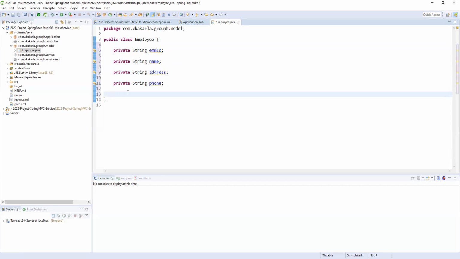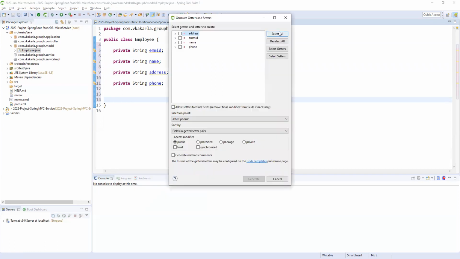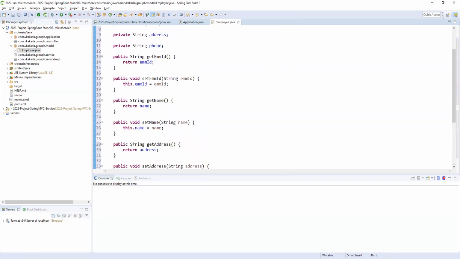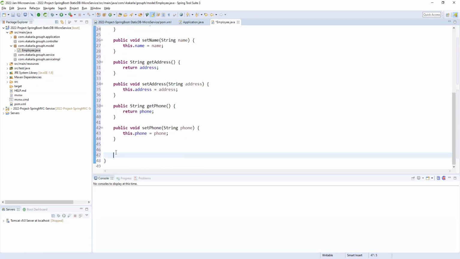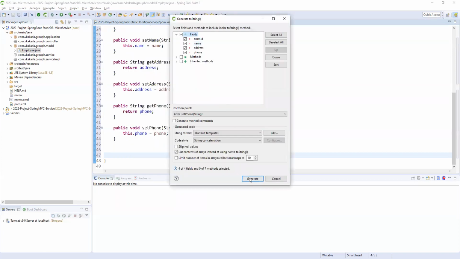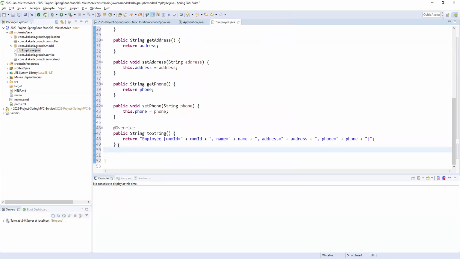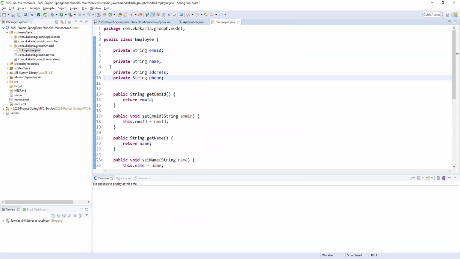Okay, fine. I'm having setters and getters here, setters and getters to hold the employee data, as we know, right? Whenever you are debugging, if you want to see the values also, you can add toString here if it is required. So I'm generating a toString also here. Instead of the object, it will appear as the values.